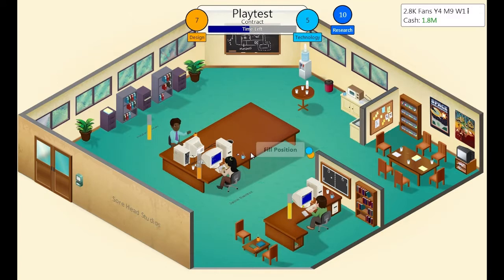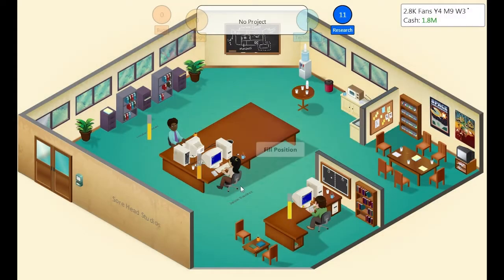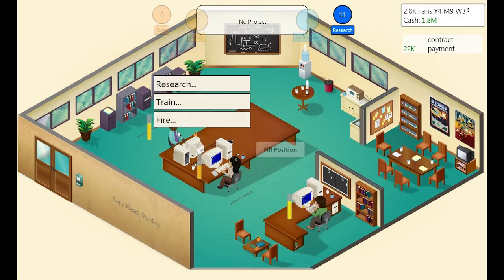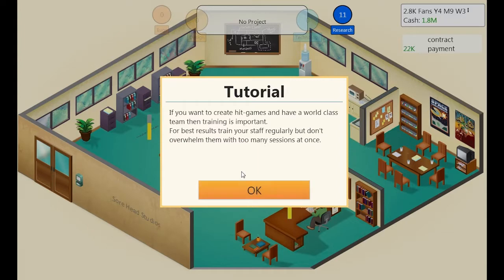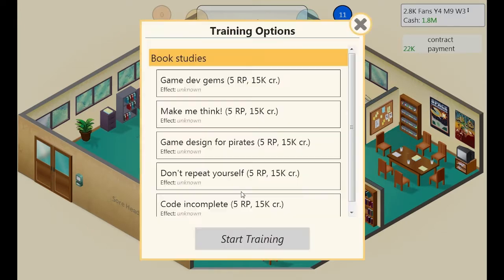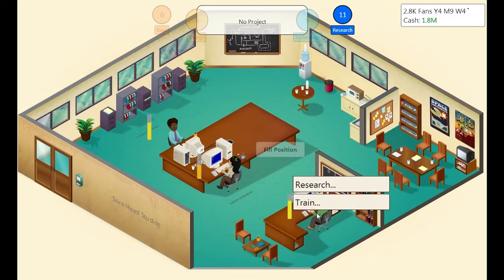Come on guys, come on, seriously. Get your fingers out. We just about did that. You guys. Okay, we can train our people. Do we want to... No, it costs 5 research points. You know what, we're gonna...